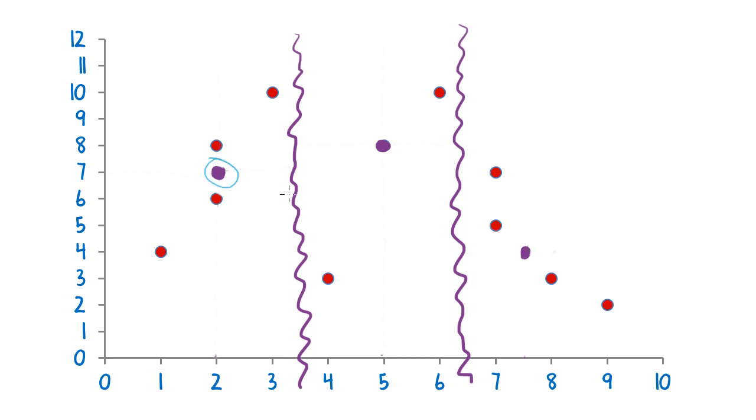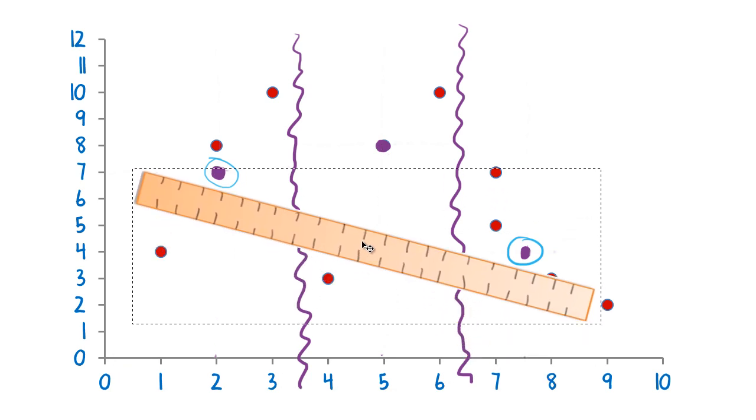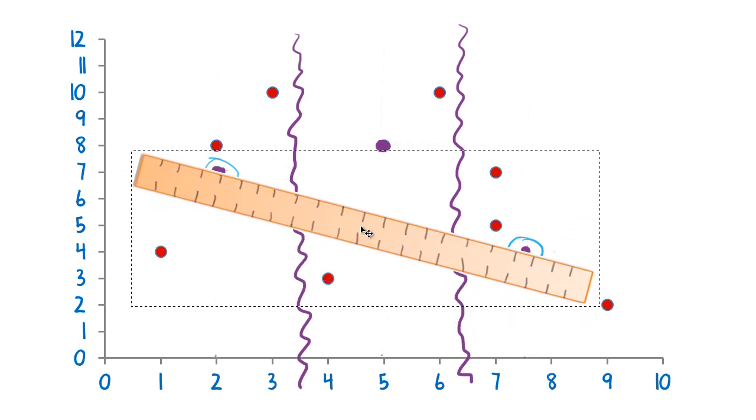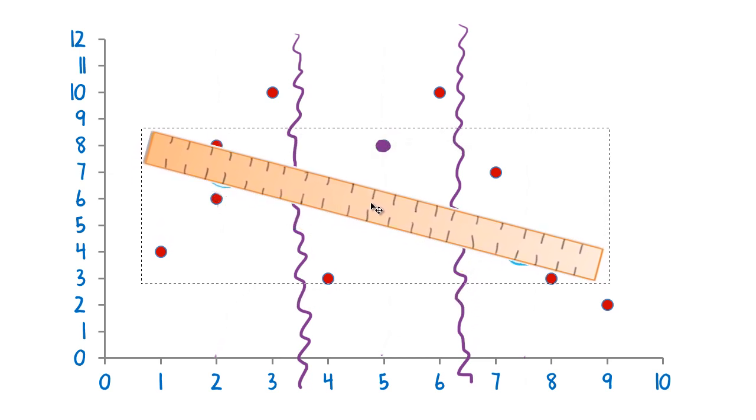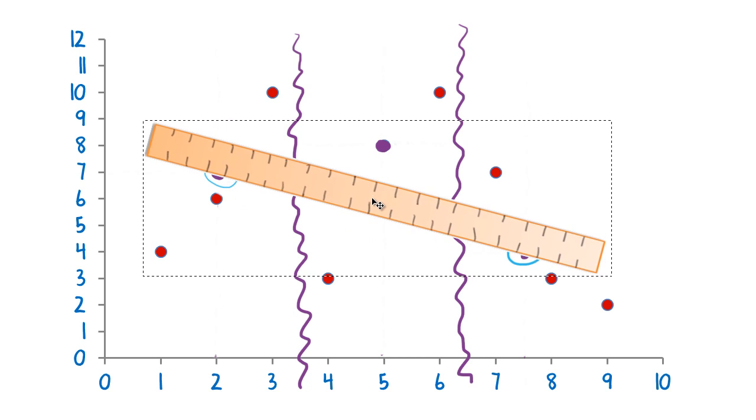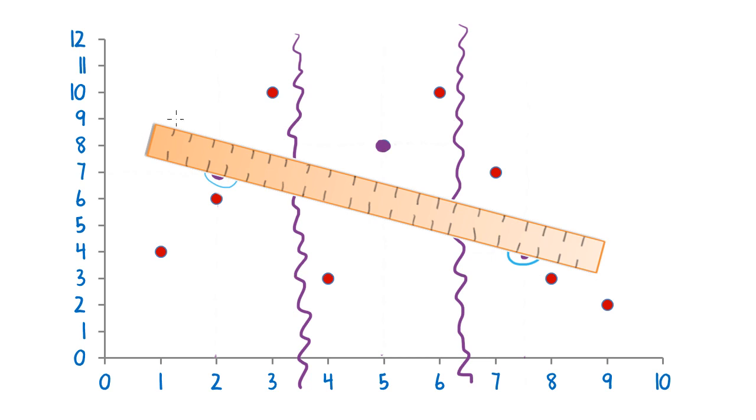Okay, so I'm going to use this point and this point to find my gradient. I'm going to put my ruler on these 2 points to get a slope, and then keeping the ruler level, I'm going to slide it a bit of a way towards this middle point. So I get my ruler and I put it over these 2 points. Now, keeping the slope exactly the same, I move my ruler up about 1/3 of the way towards that next median point. And I draw a line,